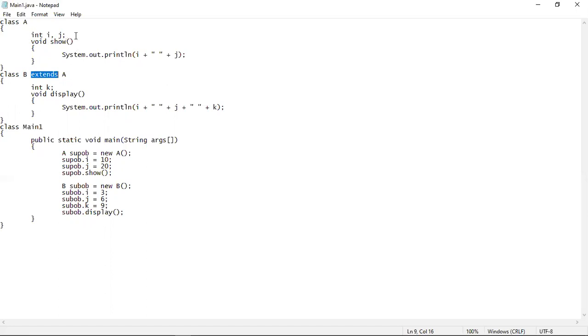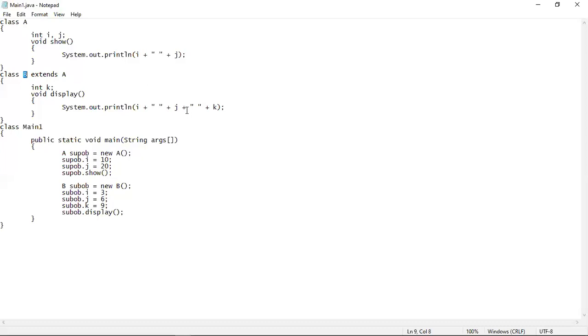So if you want to access i, j and the show method from inside B class, you can surely do it without any object. You don't need to create any object because B is the subclass. So these properties or characteristics of A class, more specifically the members of the A class, have been inherited into B, and as B has inherited A, it can directly use i and j. No need to call them by using an object of A class, or no need to define them again. So this is the code reusability feature which is being implemented in inheritance.